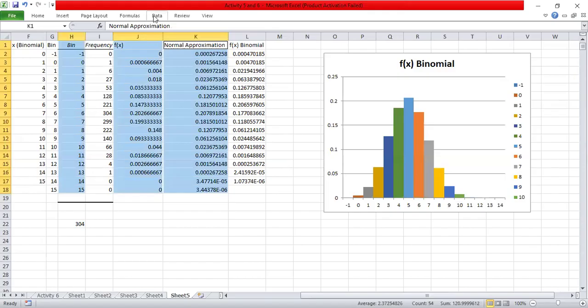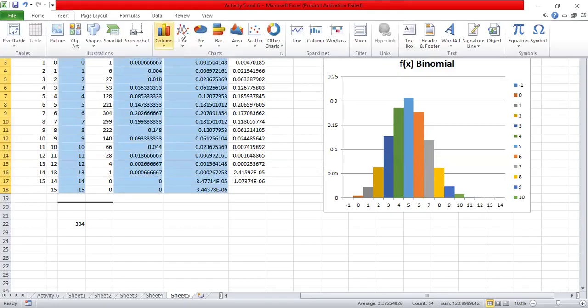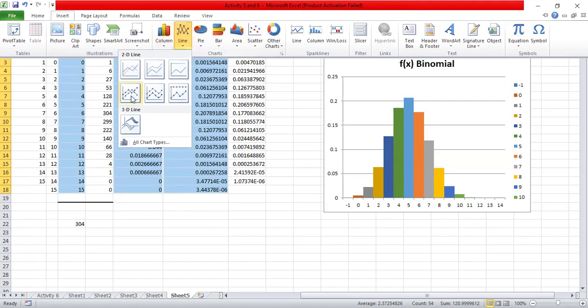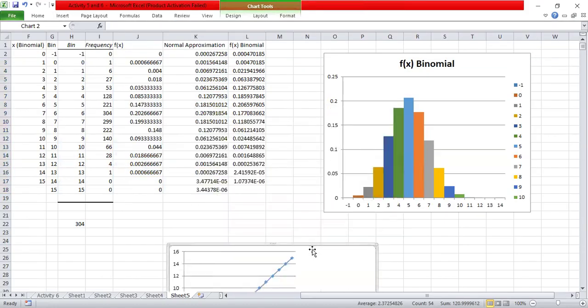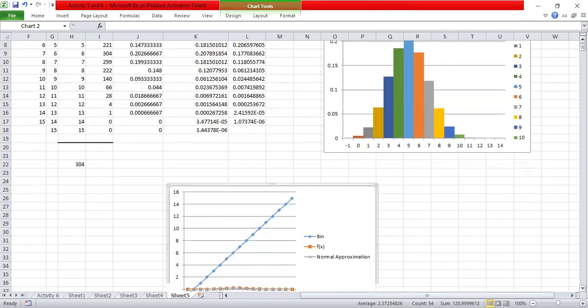Okay, now insert and then this line. So here I am having this one, line chart. So this one clicked. And now actually, this blue colored one is bin. Once again, I don't need bin in this direction. Actually, bin should be along the horizontal axis. In vertical, what I need is this f(x), which is the empirical probability, and I need the probability due to normal distribution. So, bring the cursor on this